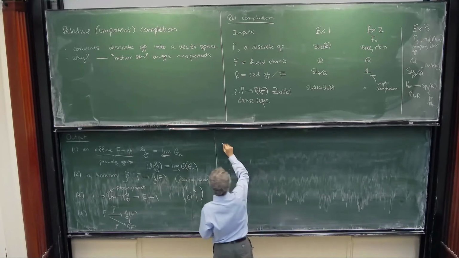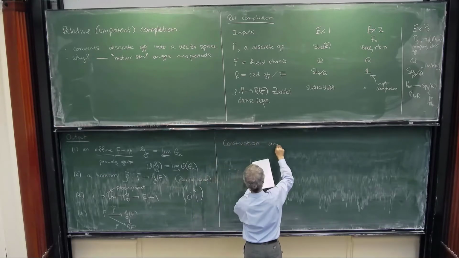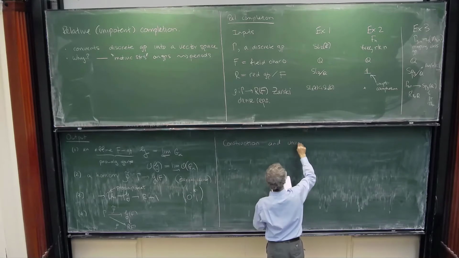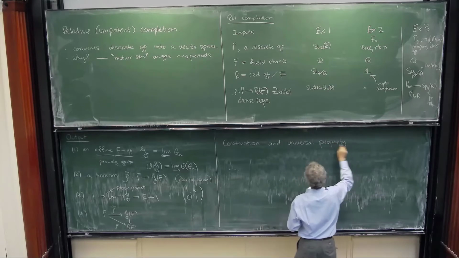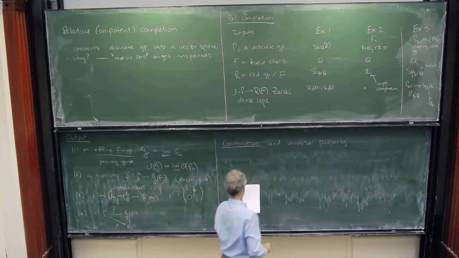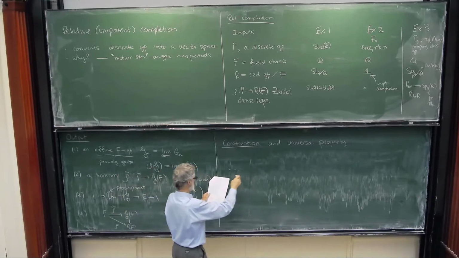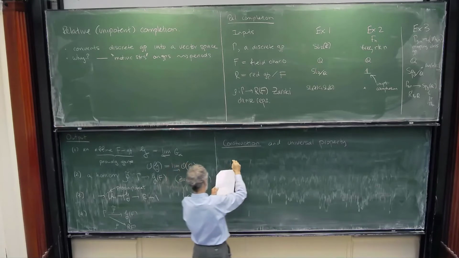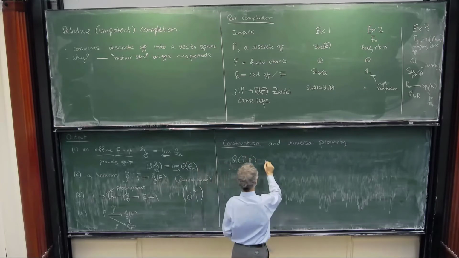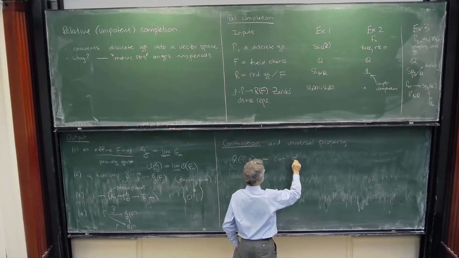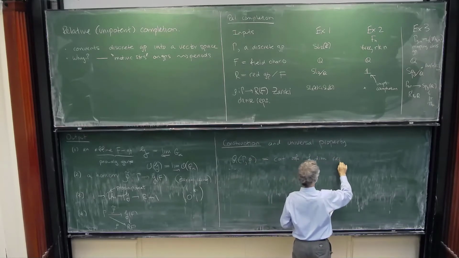So let me give you the construction and universal property. All right, so I'll give two constructions, or the main one I'll give is a Tannakian one. So I'm going to let R_{gamma,rho} be the category of finite dimensional representations